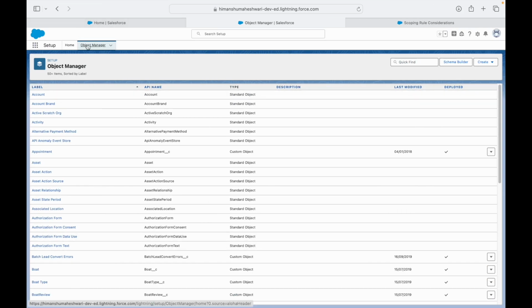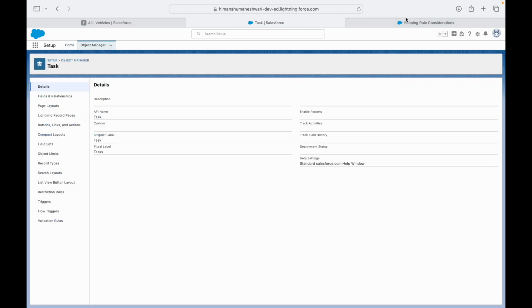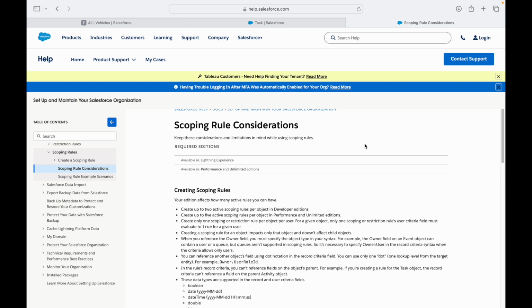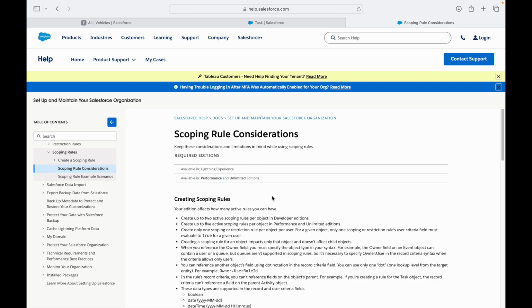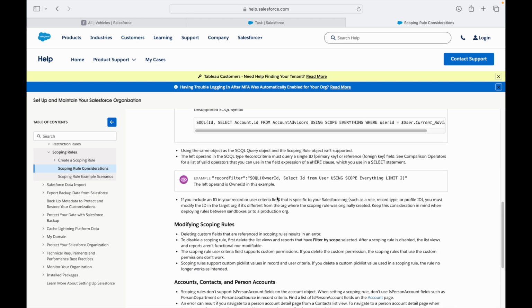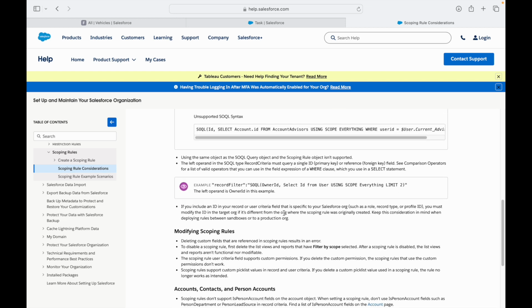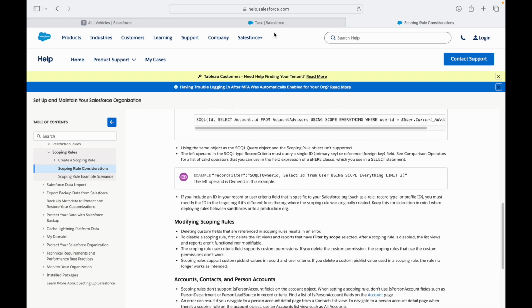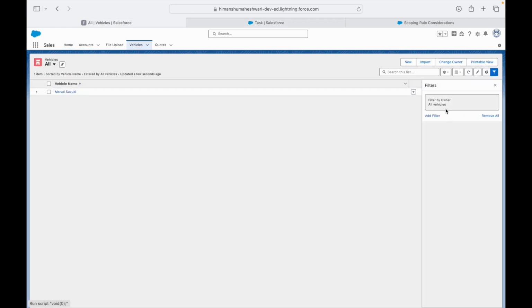Okay, where are scoping rules available? Let's quickly check. Sorry, they are also available on the object level. They are not available, looks like. So if I just quickly check, yeah, it says that it is only available in Performance and Unlimited editions, right? Which is why I'm not able to see it. But if you're able to see it, you'll be able to configure what kind of scoping you can apply. And once that scoping rule is configured and created, you will be able to see a filter coming up here